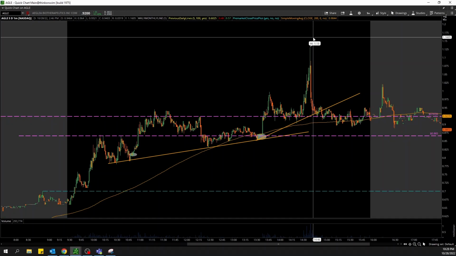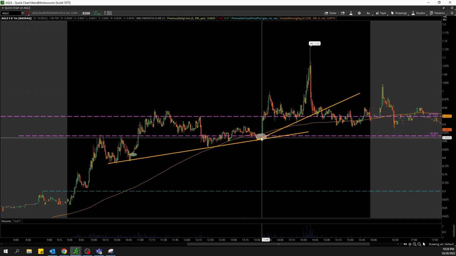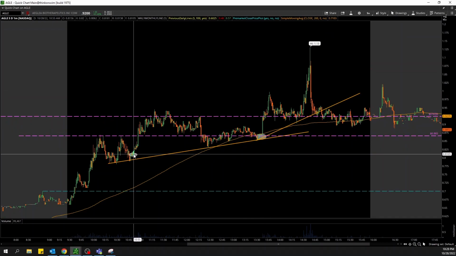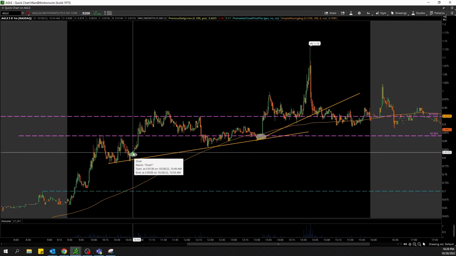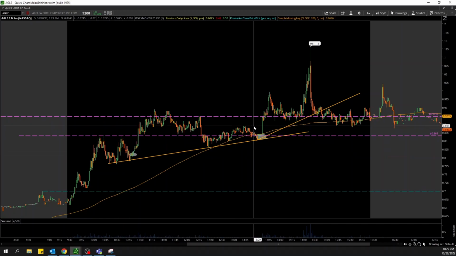And if you're in there with size, I mean, you literally 82 cent, average between, let's see, 86 cents and 81 cents. So you probably would have been somewhere around 83 cent for an average, 83 cent with 50,000 shares, which is a pretty decent position. You easily, that's 41 grand or something like that you had in there. And then you had you a nice move from 83 to 113, which is, with no risk at this point,